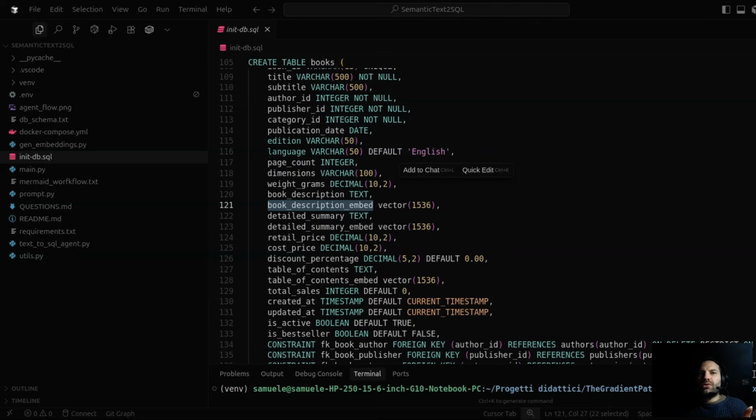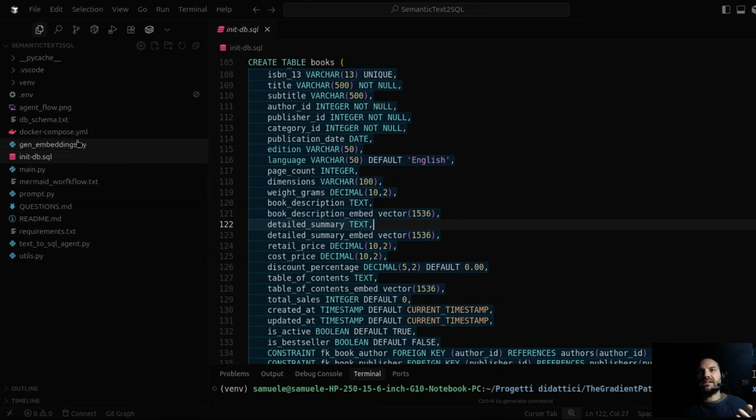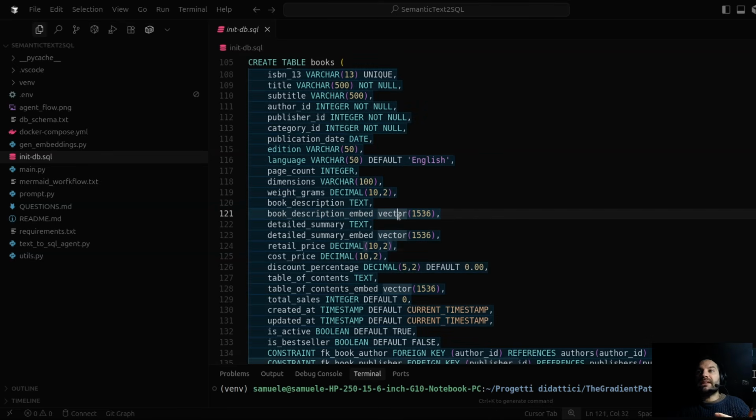So when you ask for books about totalitarianism, the system searches for the concept of totalitarianism, which might appear as authoritarian control or government oppression or dystopia. Actually, when we start our container, we initialize this table and create rows with empty vectors, all null in the vector, because we are going to create the vectors in a second step with a specific script that is